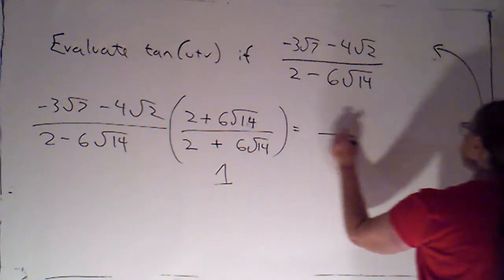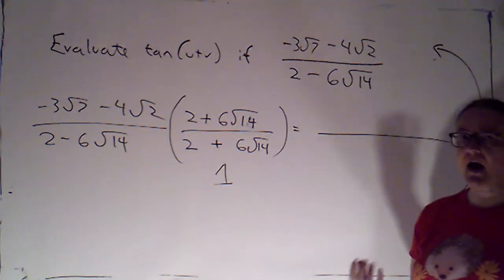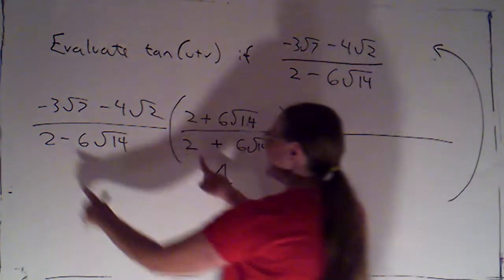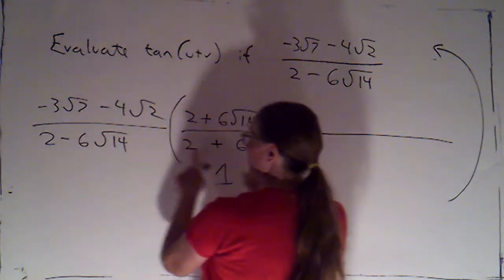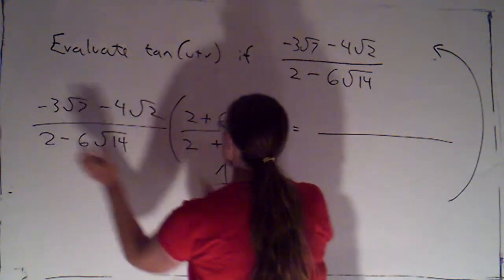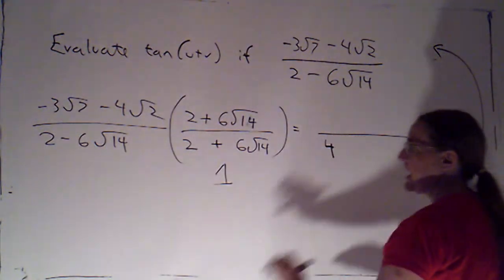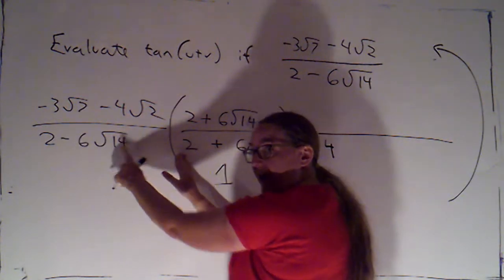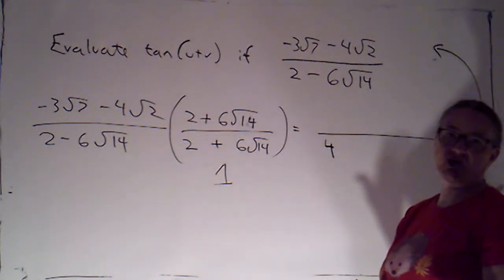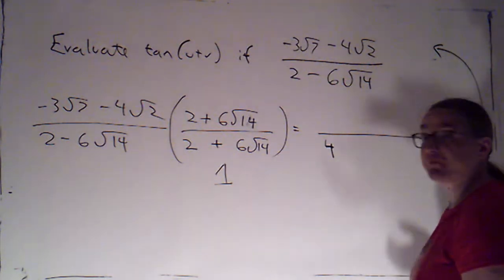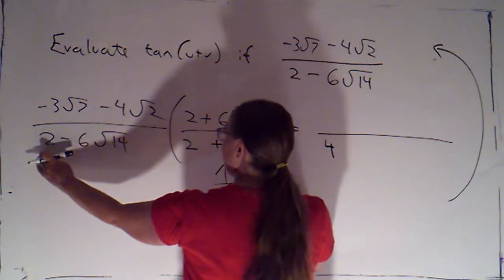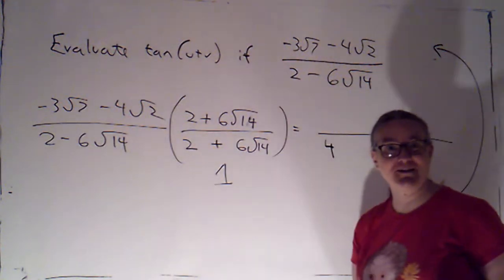I'm going to multiply out the denominator first so that we can remind ourselves why this is a useful thing to do. Okay? I have to FOIL because it's 2 terms times 2 terms. So 2 times 2 gives me 4. My outsides and my insides are exact opposites of each other. So they'll both contain root 14s, but they'll contain the opposite number. I'll have positive 12 and negative 12 copies of root 14.